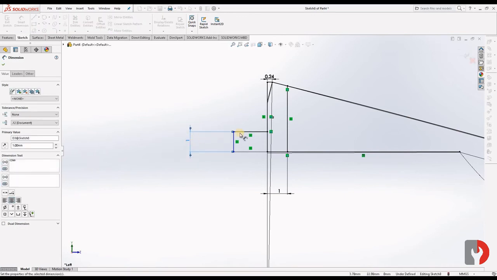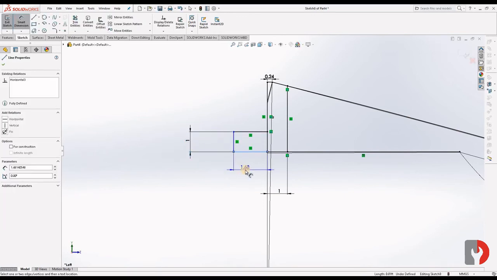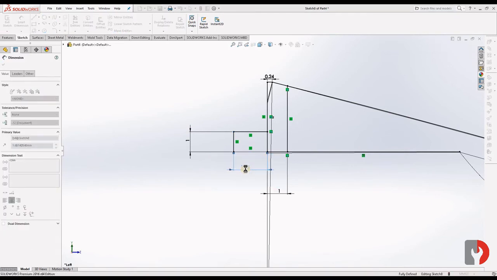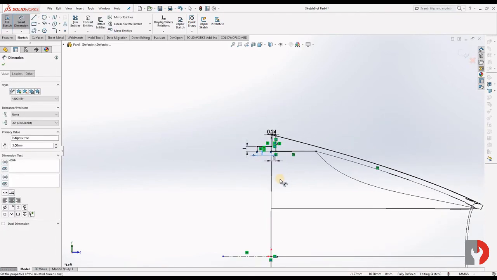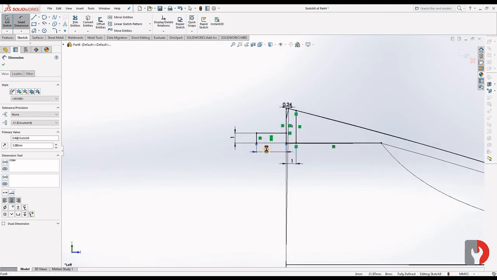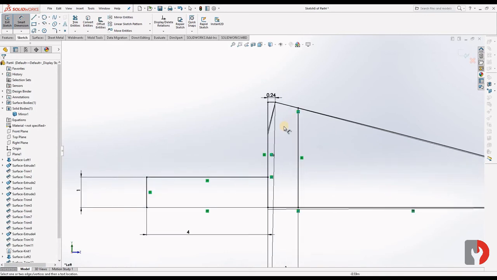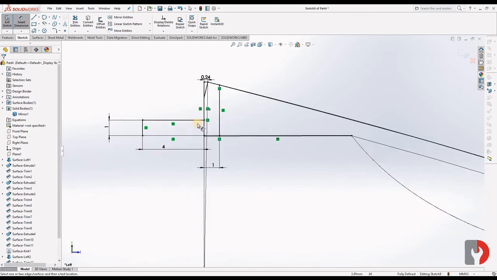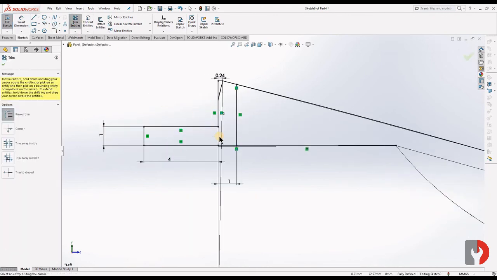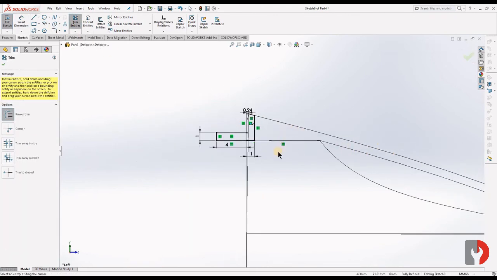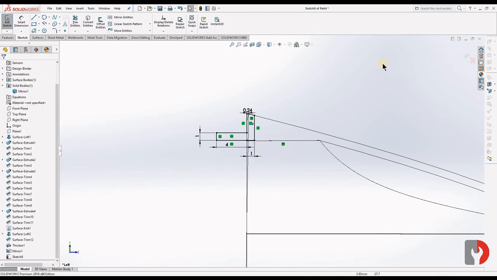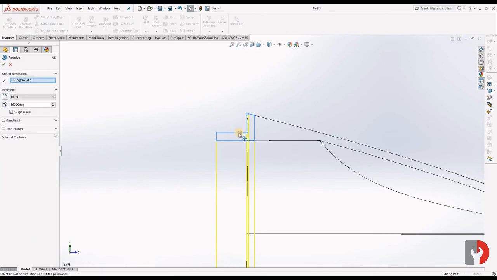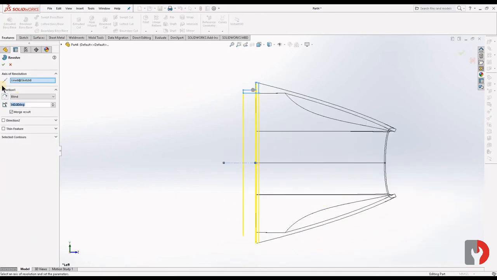One mm. 3 mm. Okay, size 4. Okay. Now trim the lines. Fix it. Sketch features revolve. Okay.